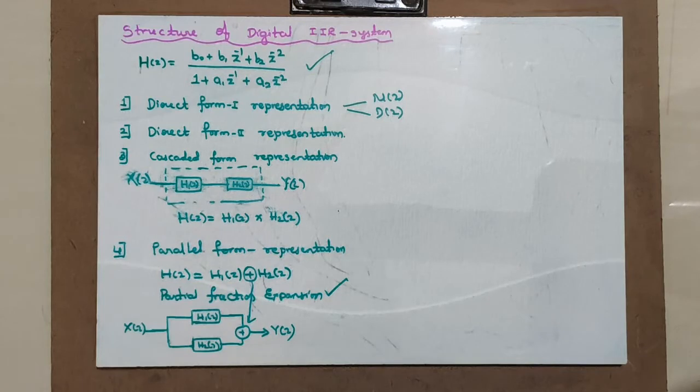Actually, there are no theoretical backgrounds required here. We need to realize this directly. We need to deal with some numerical examples. In the next board I will be taking a numerical example and solving, and you will understand. Actually, all these four types of realizations you have done in your previous signals and systems. But anyway, it becomes a refresher so that you can realize all four types of digital IIR system realization. Okay, thank you.